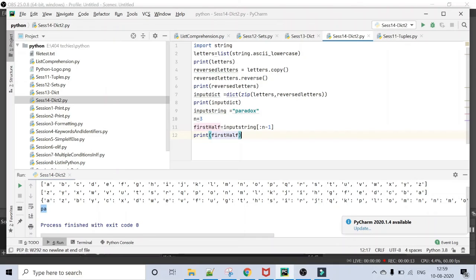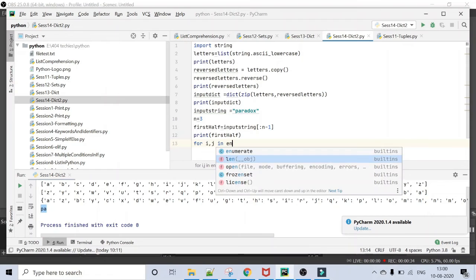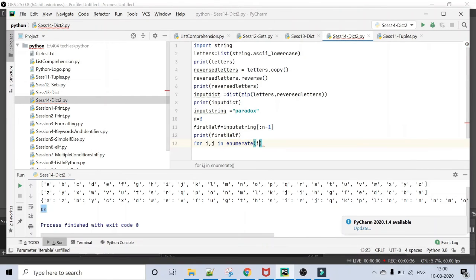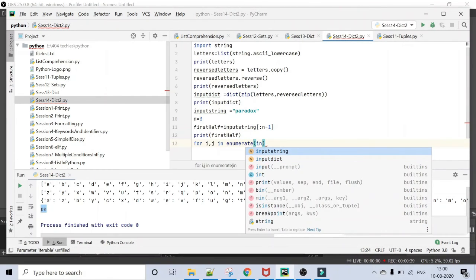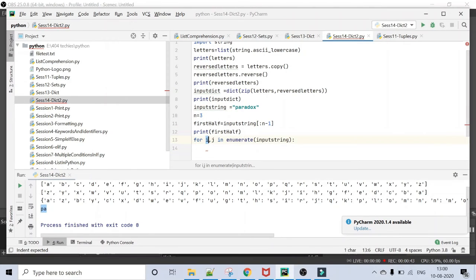Now we are going to iterate over the input string, and starting from r till dox we are going to change the values, like a to z, b to y. So I'm writing a for loop: for i, j in enumerate of input string. Now i will have the index and j will have the value.